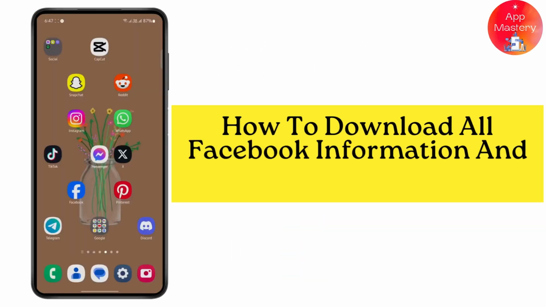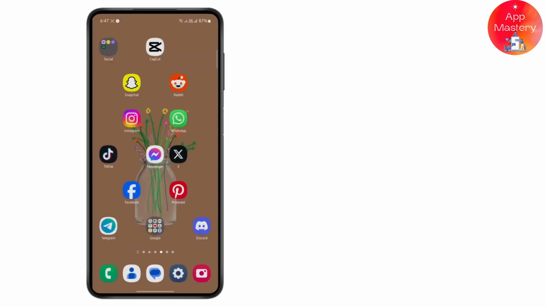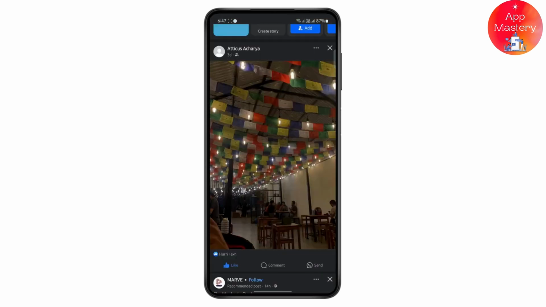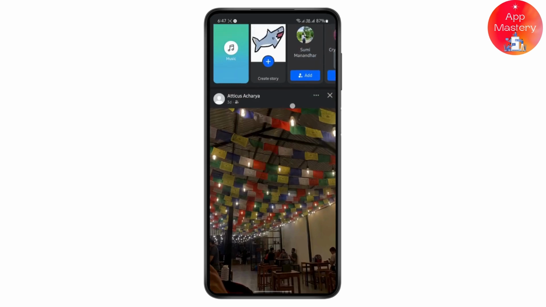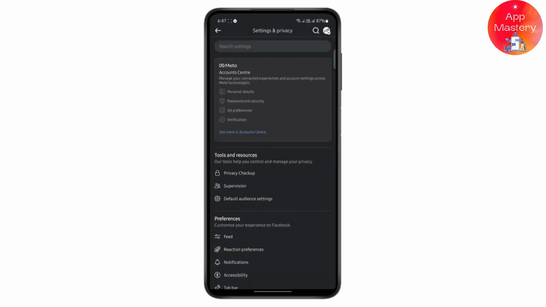How to download all of your Facebook information and your Messenger photos all at once. So in order to download all of your photos from Messenger at once, you need to access your information on Facebook. So first open your Facebook and then go to your profile, tap on settings to open your settings,